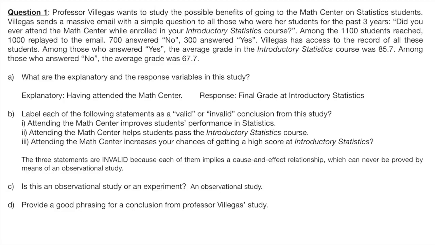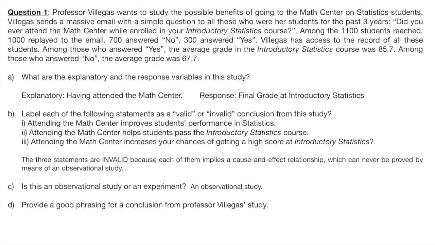Sometimes students think that this is an experiment because they see two groups and a treatment. It is true that there are two groups. One group receives the treatment, the math center, and the other group doesn't. But this is also true for many observational studies. What is missing here is the random assignment. If students had been sent randomly to the math center, then we would consider this an experiment and the conclusions phrased here could be valid. But because they chose to go to one group or to the other by themselves, we cannot get those conclusions.